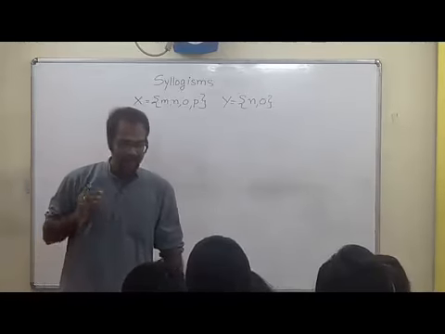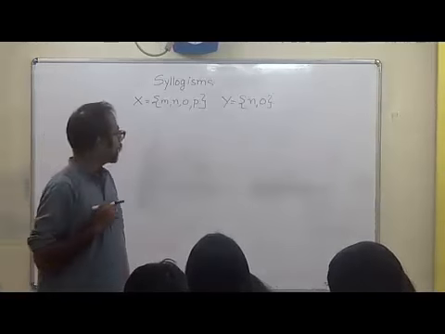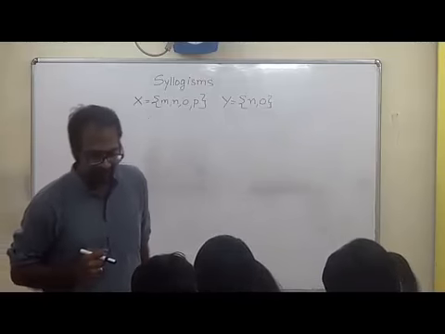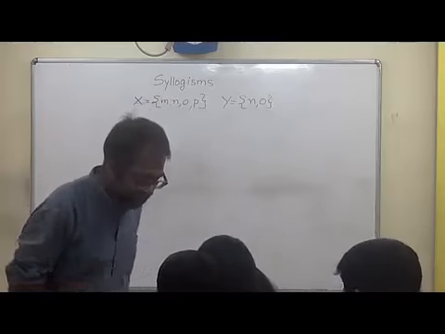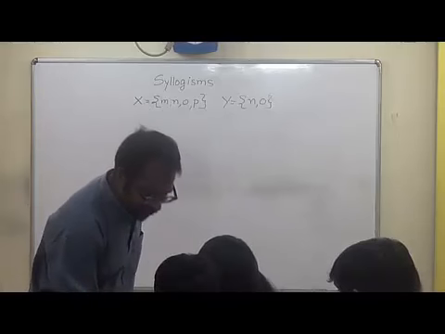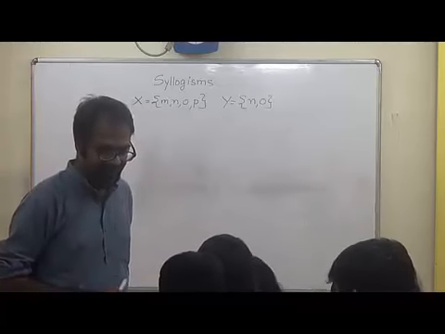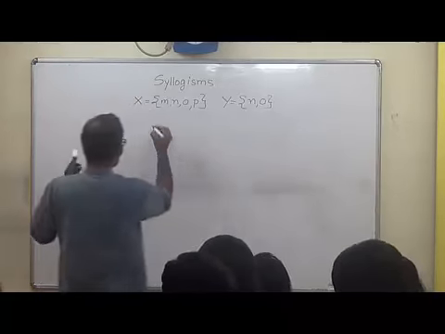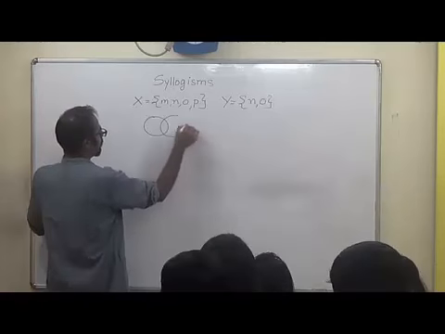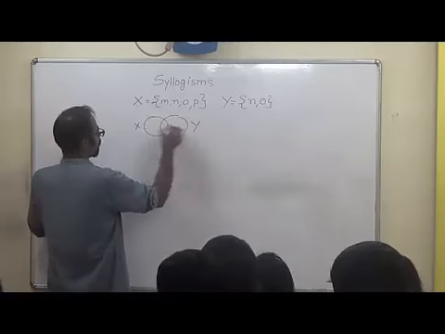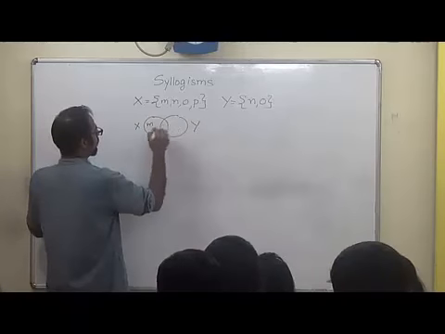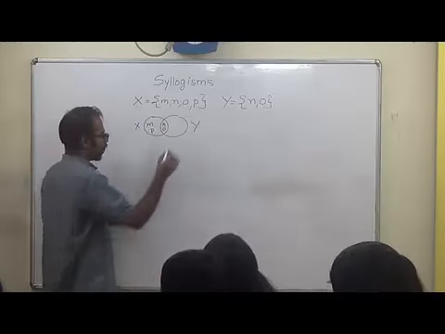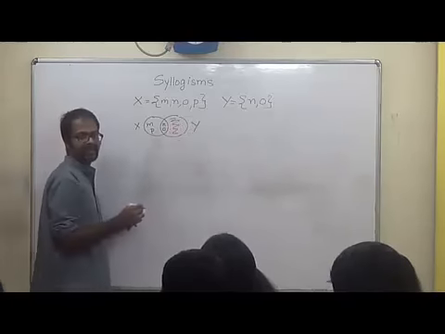X contains M, N, O and P, and Y contains only N and O. Simple, right? You can represent it like this, but what about this portion? It has nothing in it, so that portion becomes useless to me, right? If you have represented it using this representation, where you have put this as X, this as Y, this having M and N, this having M and P as the extra elements, this having N and O, it's okay. But the problem is, this entire area is empty.